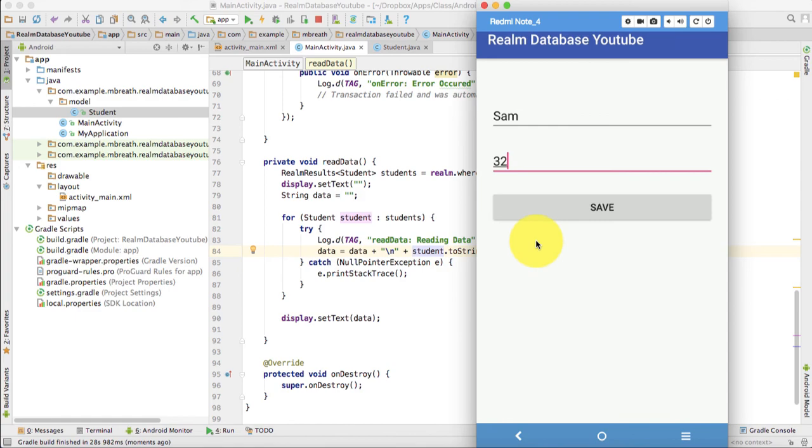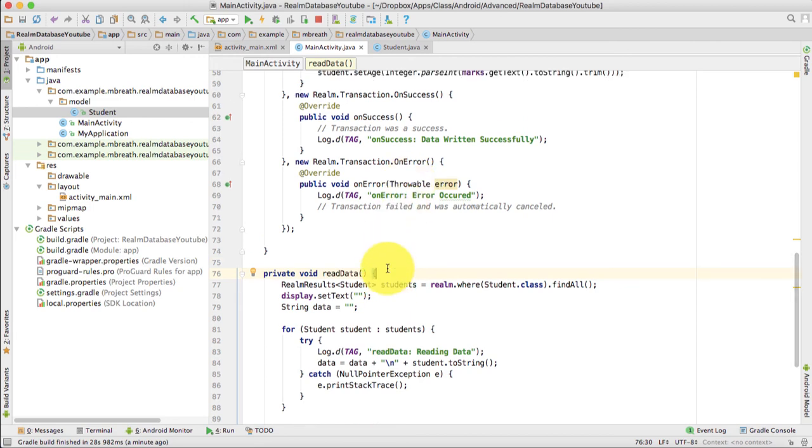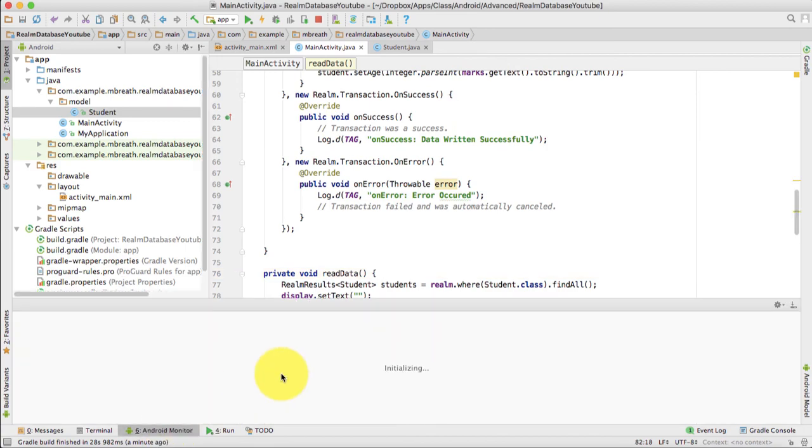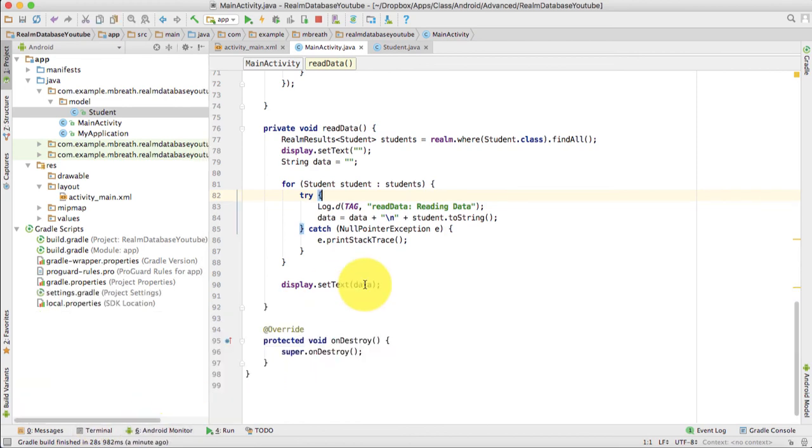So now the data has been saved inside the database, right? But the data was not available for reading it. You can also come into the Android monitor. The first time it doesn't read the data, because the data was not yet written into the default.realm object, that means the Realm database. But if you press next time,